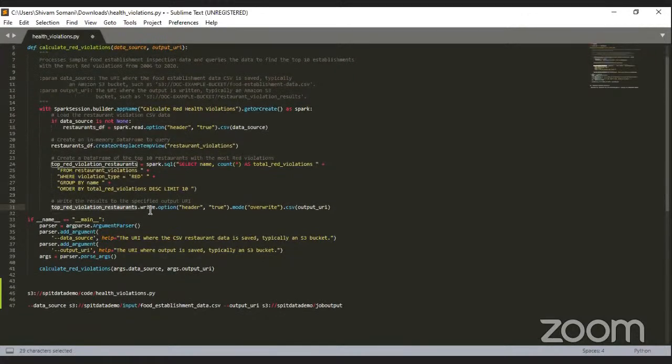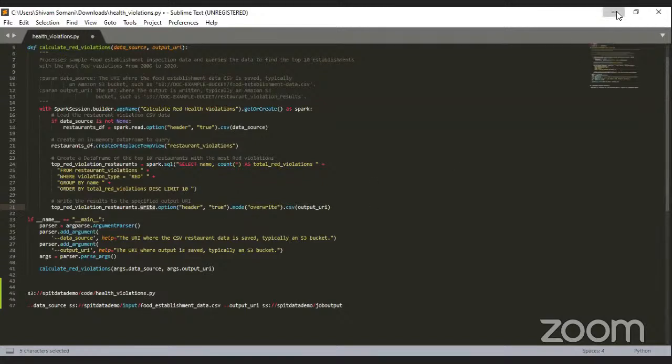And in here, I'm doing a write to an output location, basically the same syntax. As I told you, like the lazy evaluation, right? It is just creating a data frame, and then it's just creating a view and the select query. All the things that are there are performed on the last step, that is the write, which is the action that returns some result, right? In the backend, it will create a DAG and create an optimized way of scheduling all these tasks, and basically returns your response after processing it in a distributed manner.